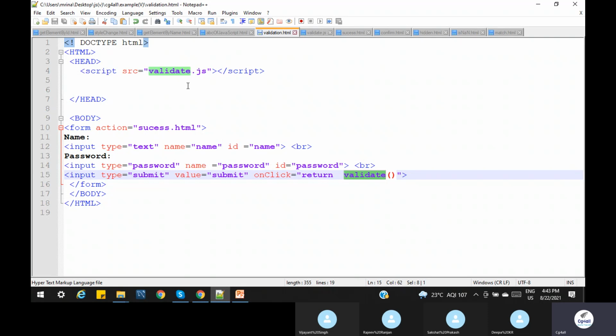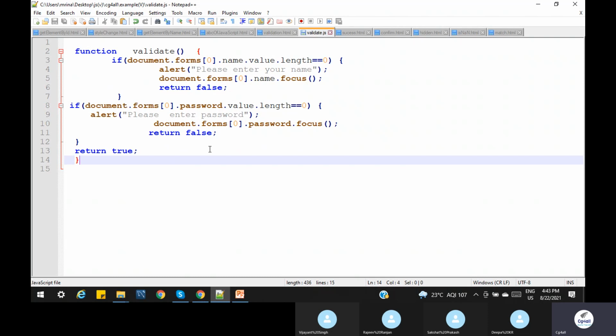If you are creating it for the first time, go to File, Create, and save it with the extension validate.js. Here I am using the same function. Now we need to validate our forms. There are two ways to do this basically: document.getElementById or document.forms[0].